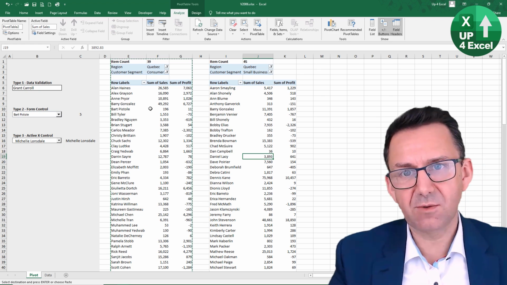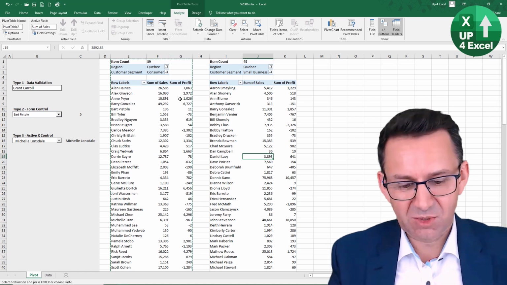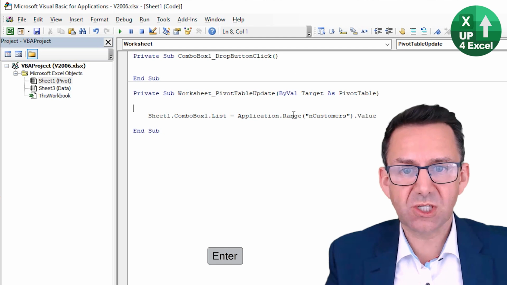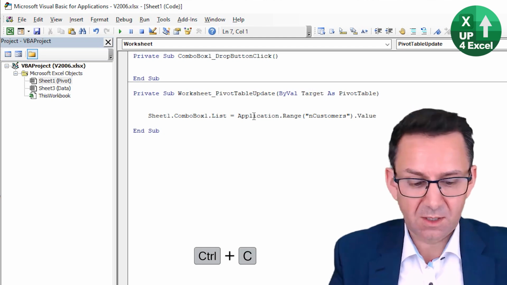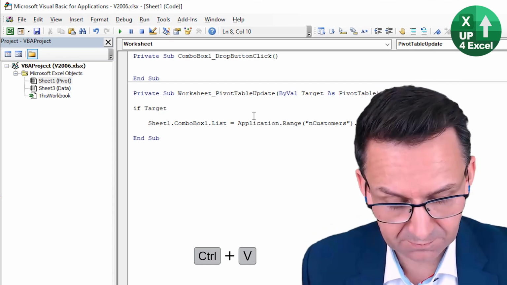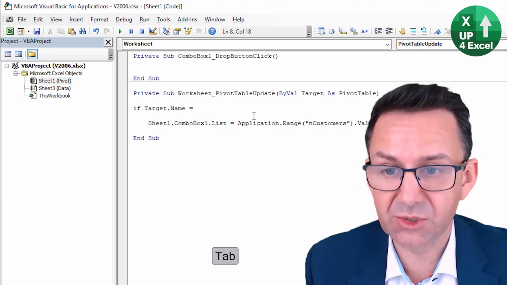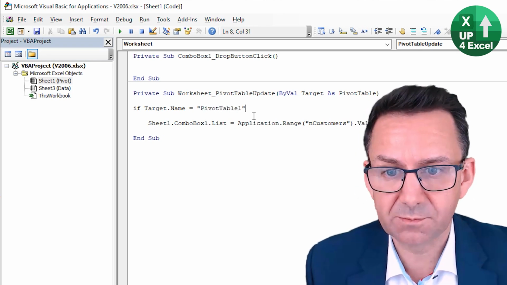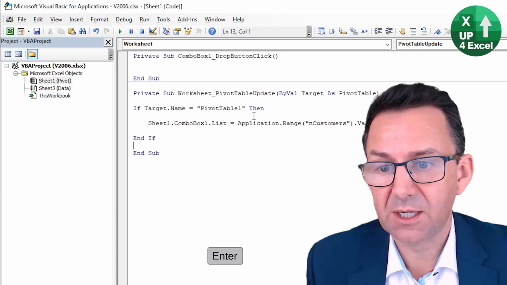So when this one updates, that code would have run, which is somewhat potentially inefficient again. So if you want, we're talking really icing on the cake here, but if you want to detect which pivot table ran, you can just simply put on here, If Target.Name equals, and then your pivot table name, PivotTable1, then End If. And then that way,